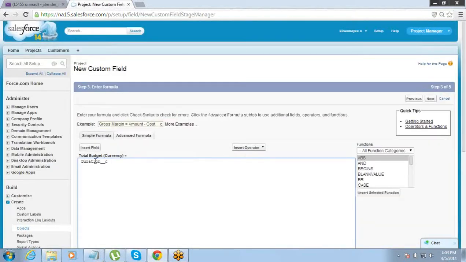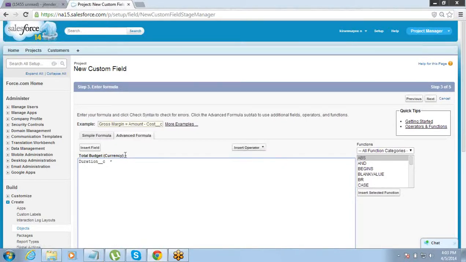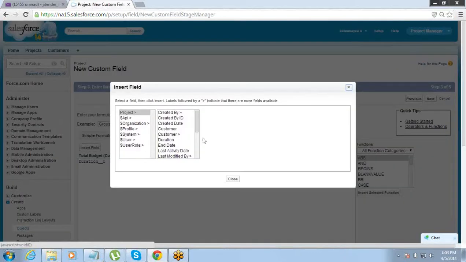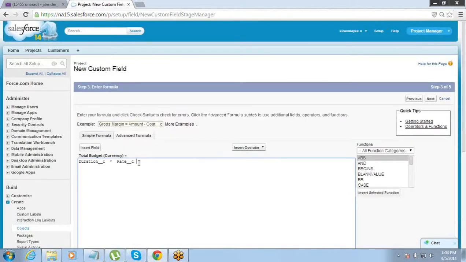Insert. It's going to be duration multiplied by rate, where the operator can be inserted from here. So this is the formula for the total budget: total budget equals duration into rate.